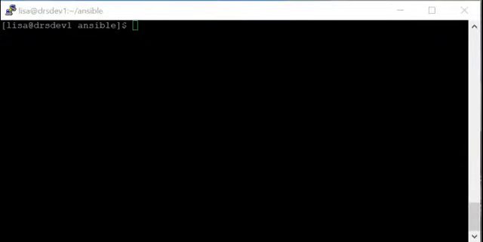We are going to use the copy module to create a file and add content to that file. So to do that, we're going to say ansible all, on all managed nodes, then module. This is going to be copy, and the arguments, or the options, for the copy module. I can start with the content. So I'm going to say content, and let me just use this single quote to start the argument. So content, I can just say this is a test file,